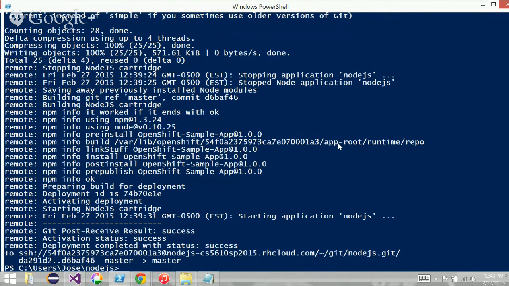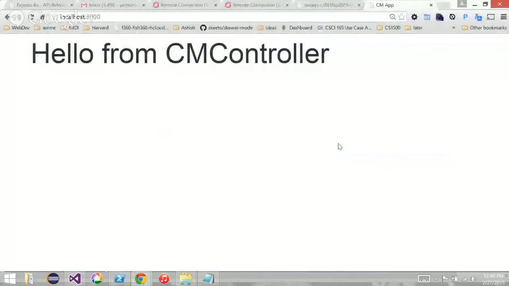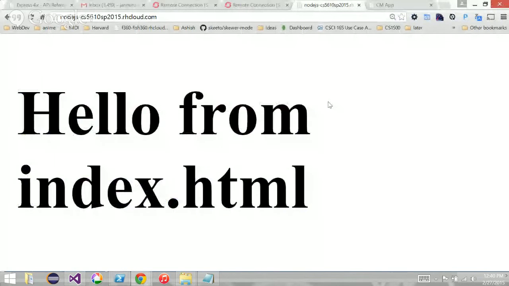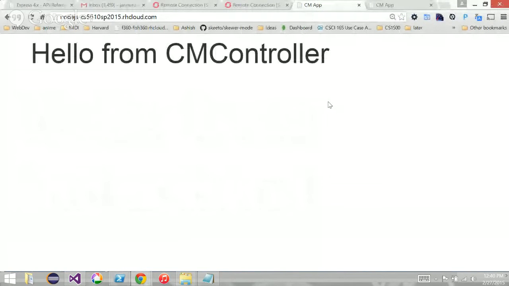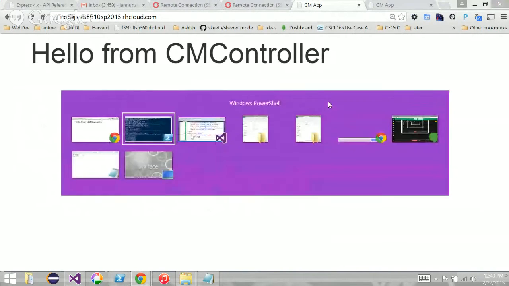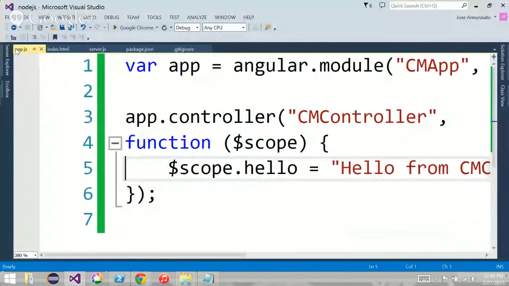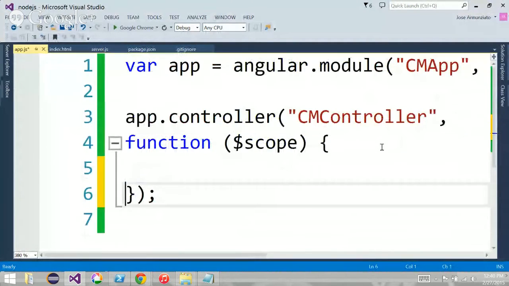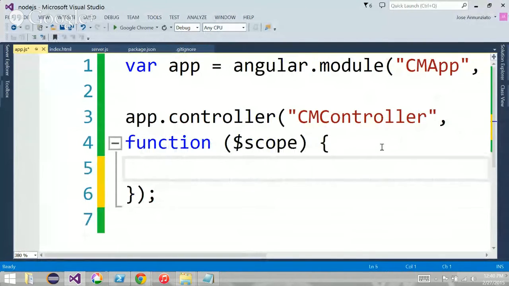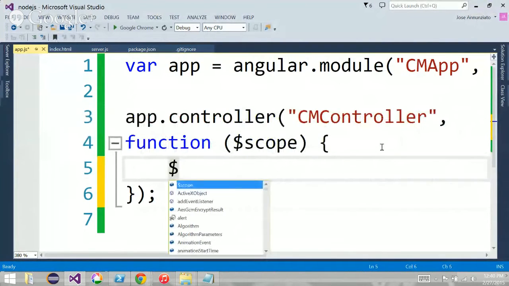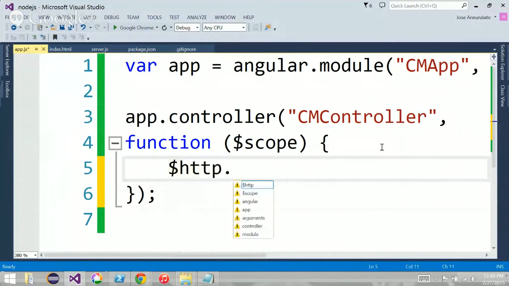Let's see. So let's see locally if this loads. Okay, hello from Cliff. So all right, we have Angular running on both machines. Yes, we're synchronized. All right, so locally, the app basically wants to go fetch data from the server. And what we did on Wednesday, we did something like this. We said, get from